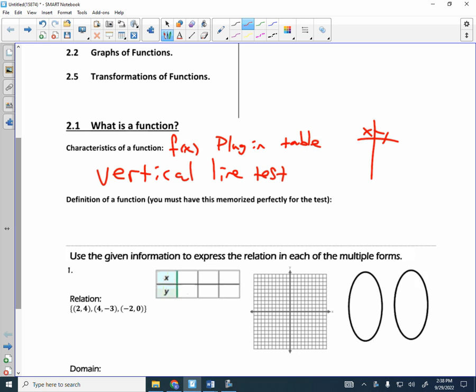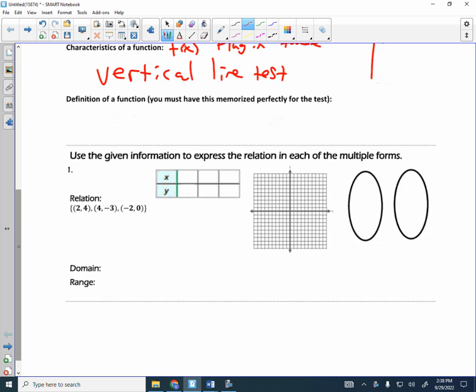Now notice, can the inputs go to the same output? Can they score the same number of goals? Yeah, they could have the same output, but they can only go to 1. So the definition of a function, you'll memorize this perfectly for the test, and we will practice it. It goes like this. A relation,